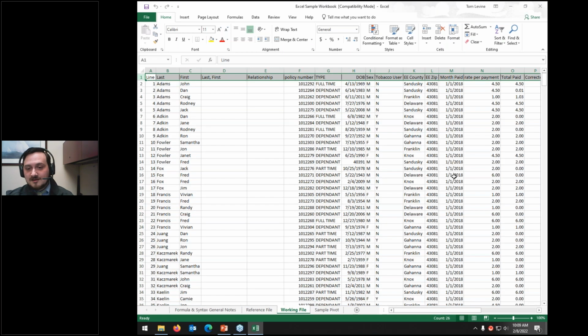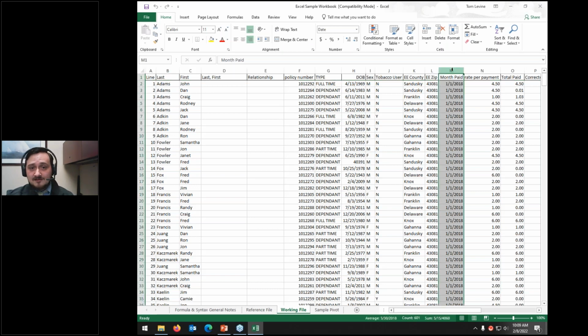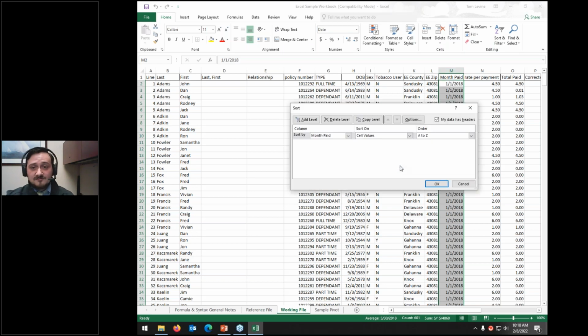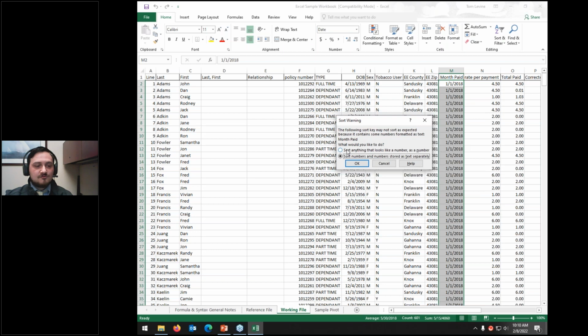If you just want to sort one column by information and leave the rest of the data, what you do is highlight just the column you want to sort, go back into the sort and filter, hit custom sort, and hit continue with current selection. What that does is it sorts specifically that selection that you had. So in this case, I selected column M. So if I sort by month paid now and hit OK, and sort anything that looks like a number as a number,